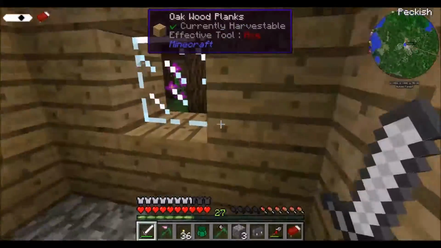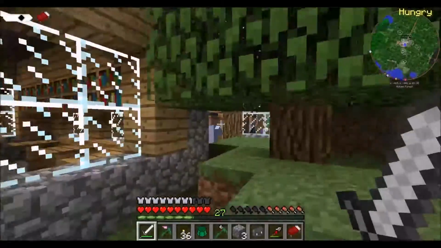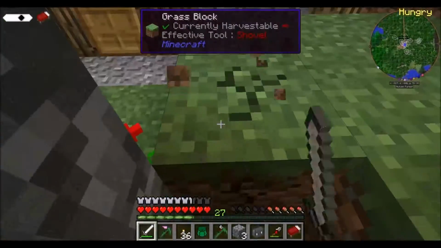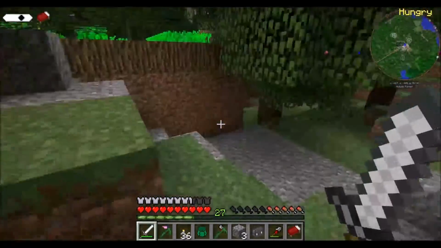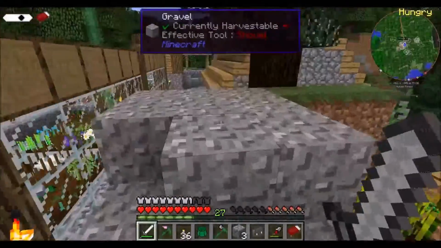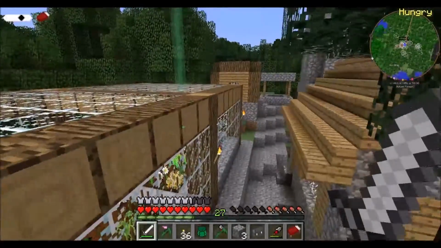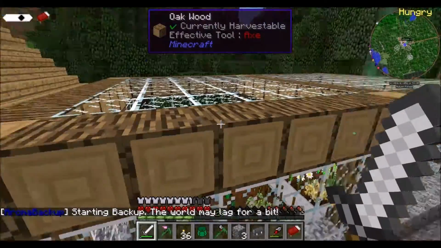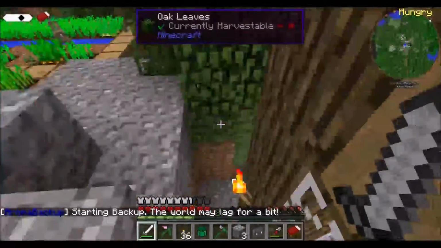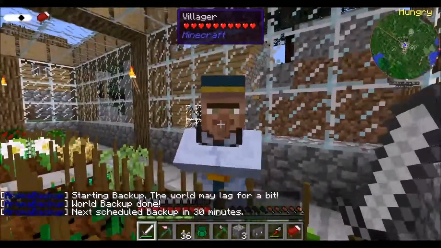I really want a way. I've already kidnapped one villager and I think I might kidnap some more. Because what I really want is a way of getting some emeralds, and with Botania in this pack you get emeralds. They shed emeralds. Okay, so here's a rather nice place, and